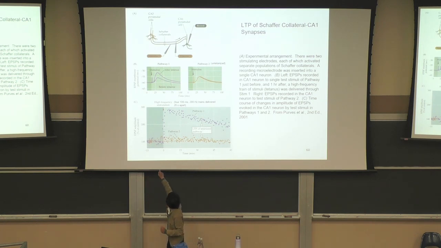One is it can just make a very small test pulse to see what type of response we get in the cell, which is all they did in the orange. And then the size of the response doesn't change. And then in the purple, they did that from -15 to 0. And then at 0, they did that enormous 100 hertz stimulation. And then after that, they resumed the test pulses. And the test pulses you see are the same small test pulse, but now it gets a bigger response. So it's not exactly that they did nothing on stimulus 2. They just did the test pulse, but not the learning experience.